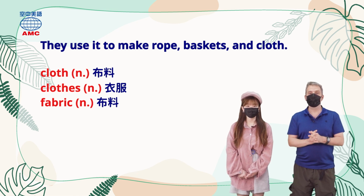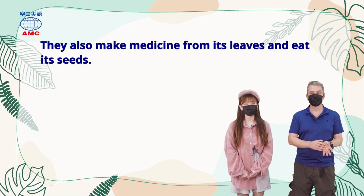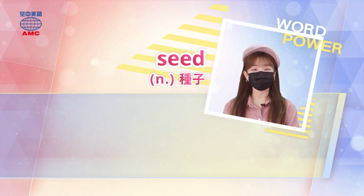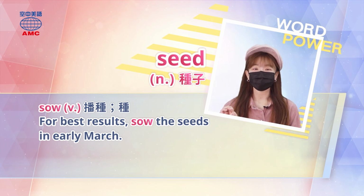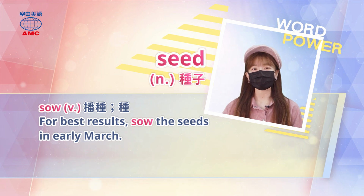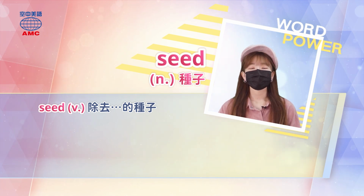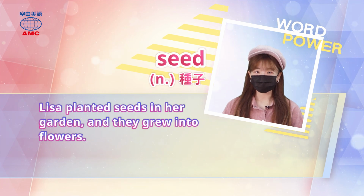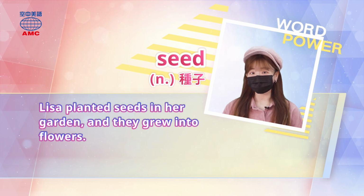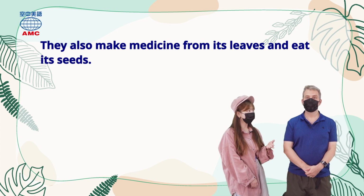And people make other things from these baobab trees in Madagascar. The article says they also make medicine from its leaves and eat its seeds. 哇，好像中药的感觉。OK，那我们来看一下下面另外一个单词 seed。seed 是种子的意思。那我们在种种子啊的这动词叫做 sow，所以比如说 for best results, sow the seeds in early March。为了获得最佳的效果呢，我们要在3月初的时候去播种。那么 seed 在我们文章中是名词，当动词也是 OK 哦。当动词就是有把种子或者是水果里面的籽去掉的意思。比如说 seed the peppers before you cut them into pieces，你在把椒切成块之前呢，先把籽去掉吧。那么再看另外一个句子，Lisa planted seeds in her garden and they grew into flowers。Lisa 呢在她的花园里面种下了一些种子，然后这些种子就长成了花朵了。所以当地的人呢还会用这个 baobab 叶子去做药啊，甚至是吃它的种子哦。